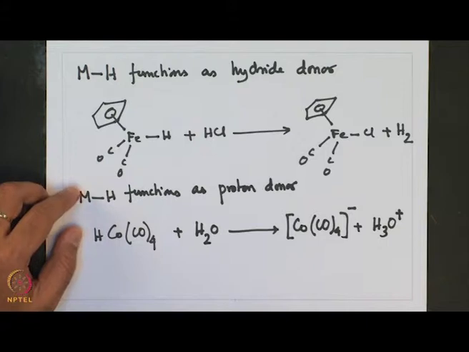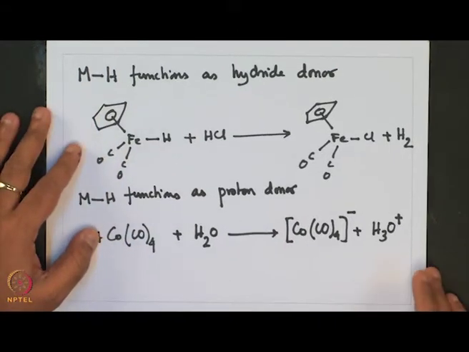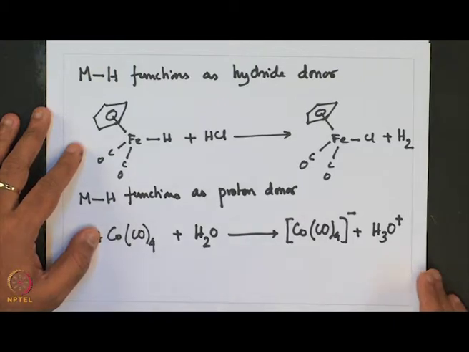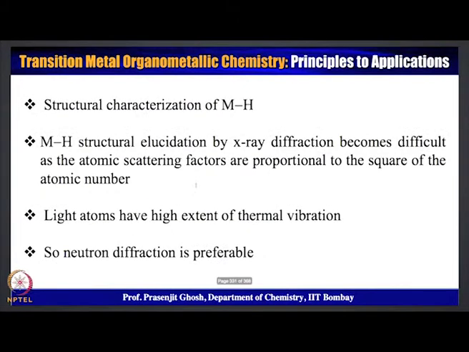So, indeed, as we see, depending on the ligand environment as well as the metal, this property of the metal hydride can vary a lot. In some cases, it can act as a hydride donor, in some cases it can also act as a proton donor. Now, in terms of characterization, these transition metal hydride moieties have been characterized by various spectroscopic techniques, including that of X-ray diffraction studies. So, structural characterization has been done